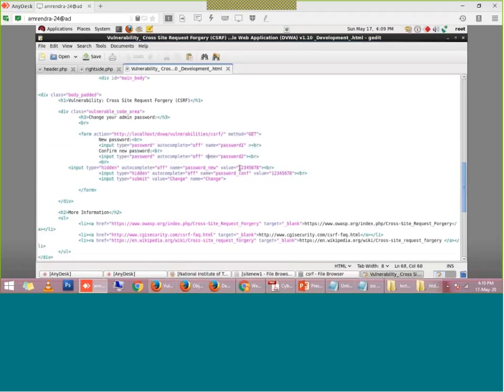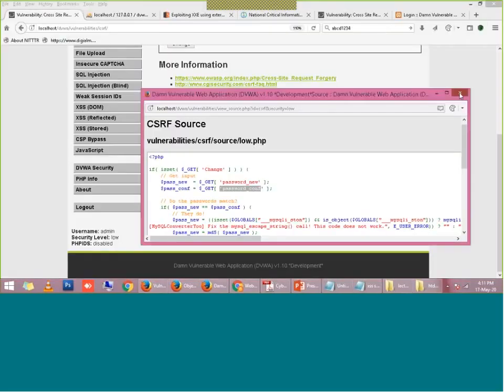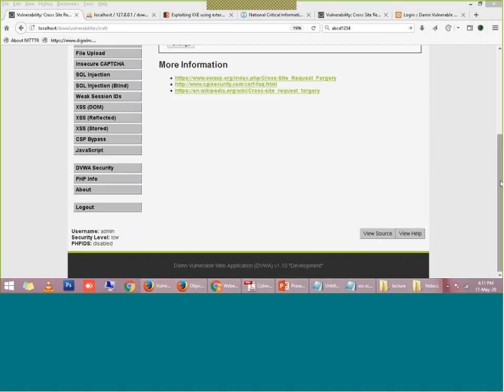Now I am going to show you the value. The input field which has the same name as the DVWA page has the value 12345678. So whatever password the user enters does not reach the server at all, and in between, this value 12345678 reaches the database server, and your password will be reset to 12345678.